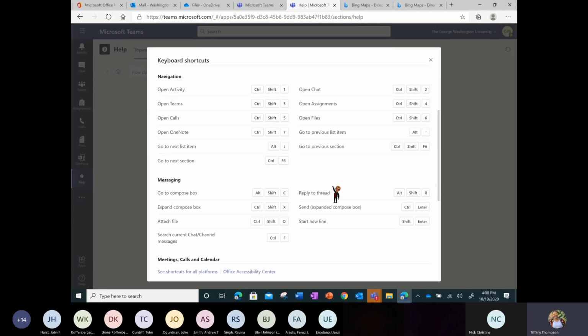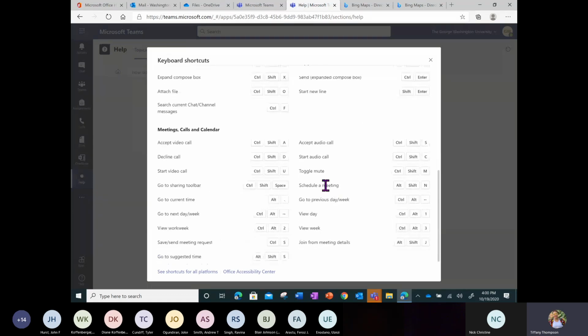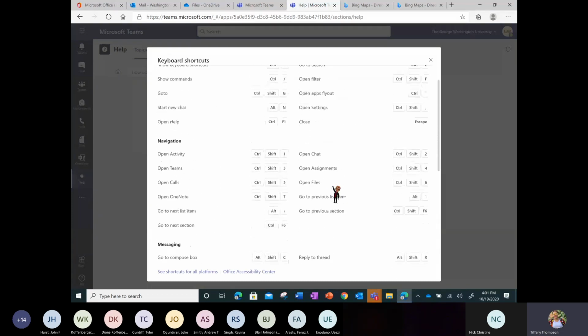So if you type /keys, it will bring up all the shortcut keys for Teams. And then at the bottom, it says shortcuts for all platforms. So if you want to know the shortcuts for Word or PowerPoint, you can find those there as well.